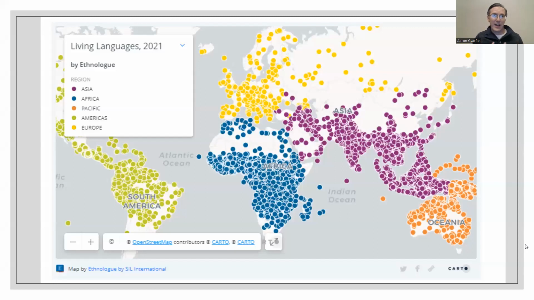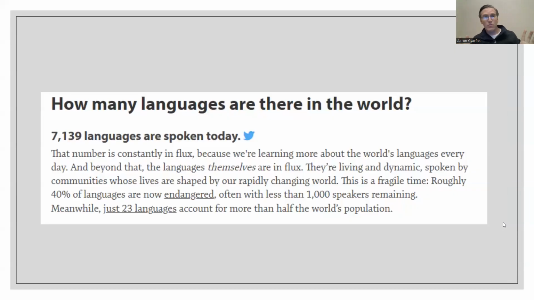If we look at all of the languages spoken in the world today, there are thousands, and we often talk about living languages. A living language is a language that's actively being taught to children, that will be passed down to the next generation. And out of all those thousands of languages in the world, which there are about 7,000,